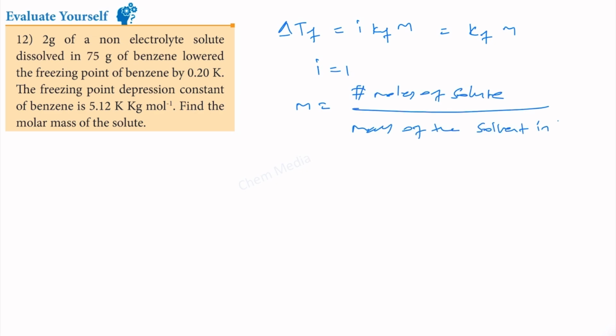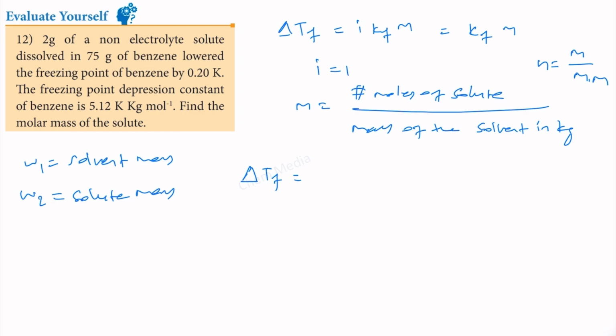Molality is equal to the number of moles of solute divided by the mass of the solvent in kilogram, and therefore in this case the number of moles of solute is equal to mass divided by the molar mass of the solute. So let us take the solvent as component 1. We will take W1 for the mass of the solvent just to simplify the equation. So this is the solvent mass and W2 is the solute mass. Therefore we can simplify the equation, and ΔTf is equal to Kf times W2, the solute mass, divided by